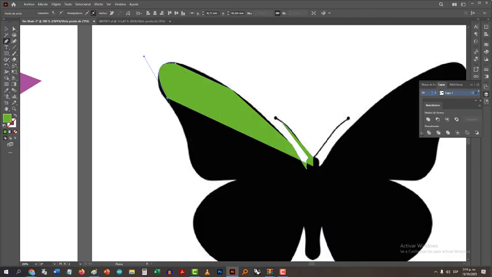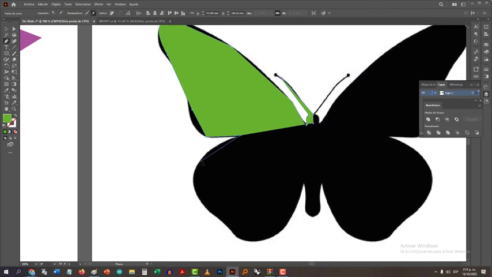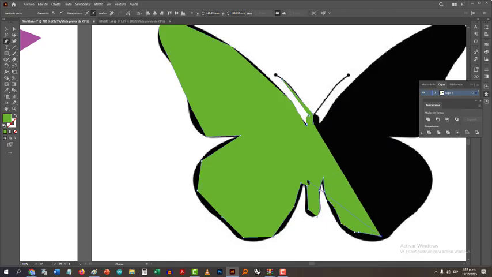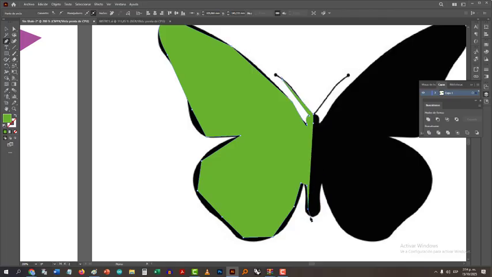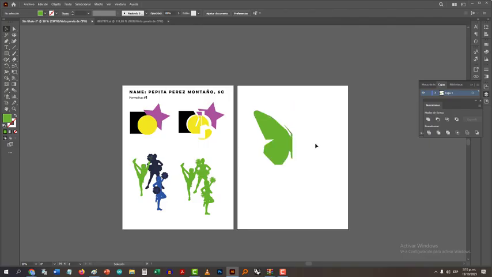All right, so when you have all the shape, it's important that you just develop the half that is left. All right, not all the shape. I'm not going to continue like this, look. No, I'm not going to continue the rest of the silhouette. I'm only going to leave it at the half. All right, so I'm going to check that I have the half over here, and I'm going to close them. All right, and when I have it, I'm going to delete the original, and I'm going